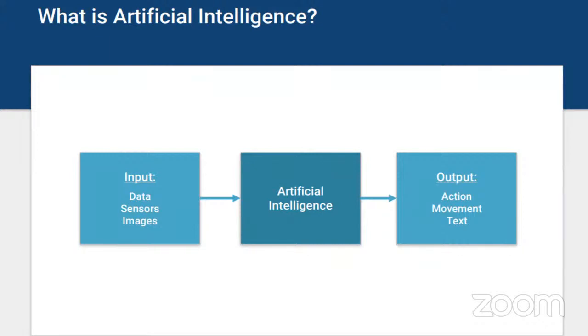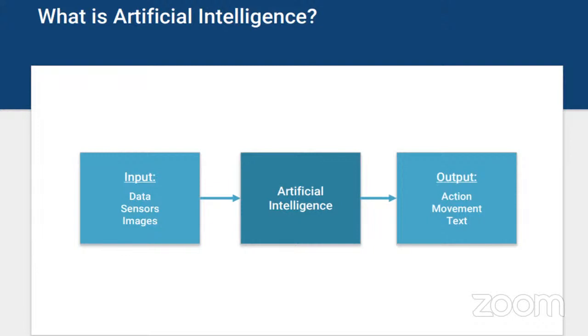And what could be the output? Output could be an action. It can say that, okay, this is a disease, or it can ask a robot to move forward, or it can produce some text, such as what the rice price is going to be, or what the wheat production is going to be next year in Punjab, for example.